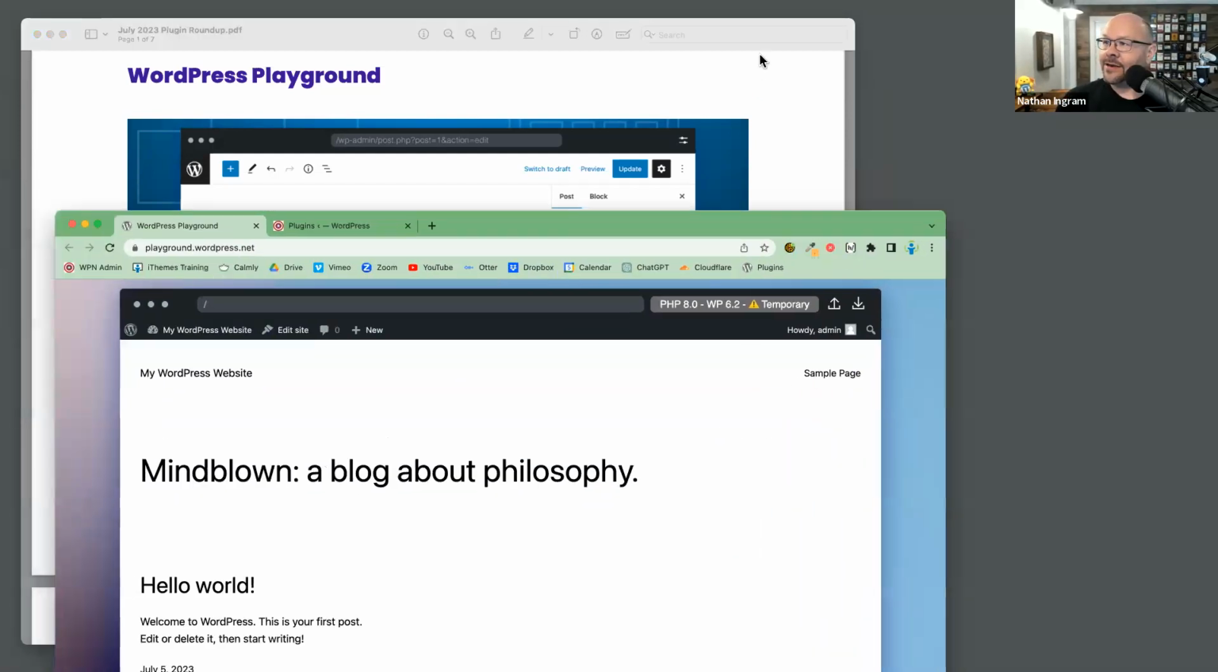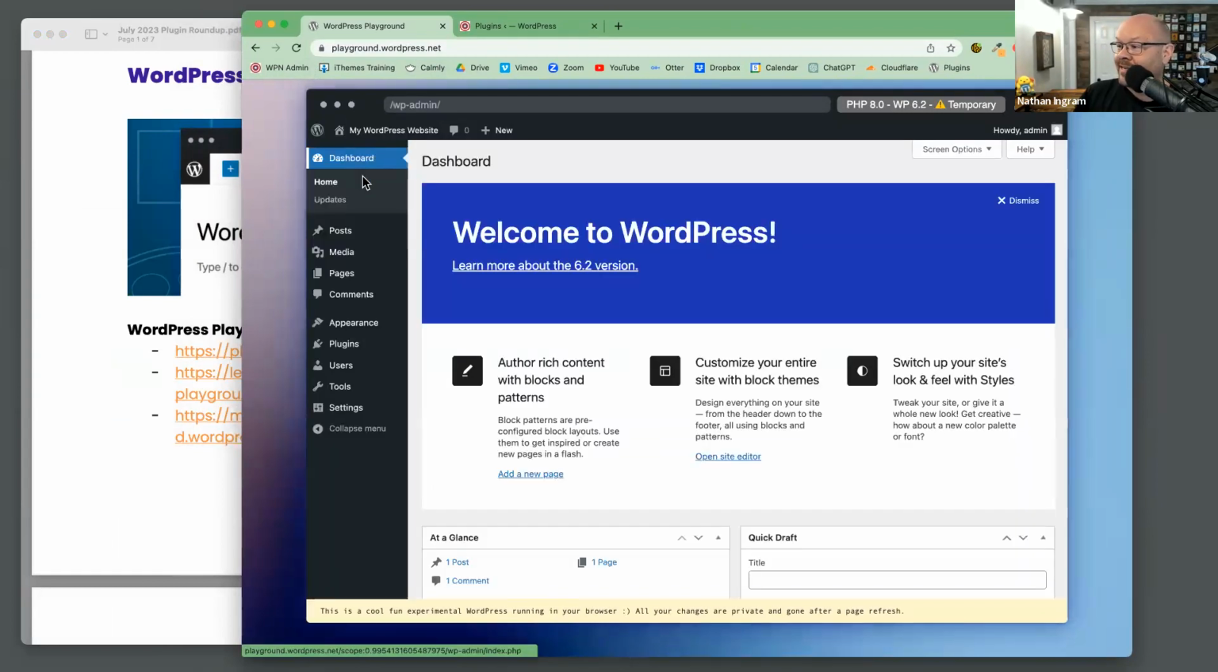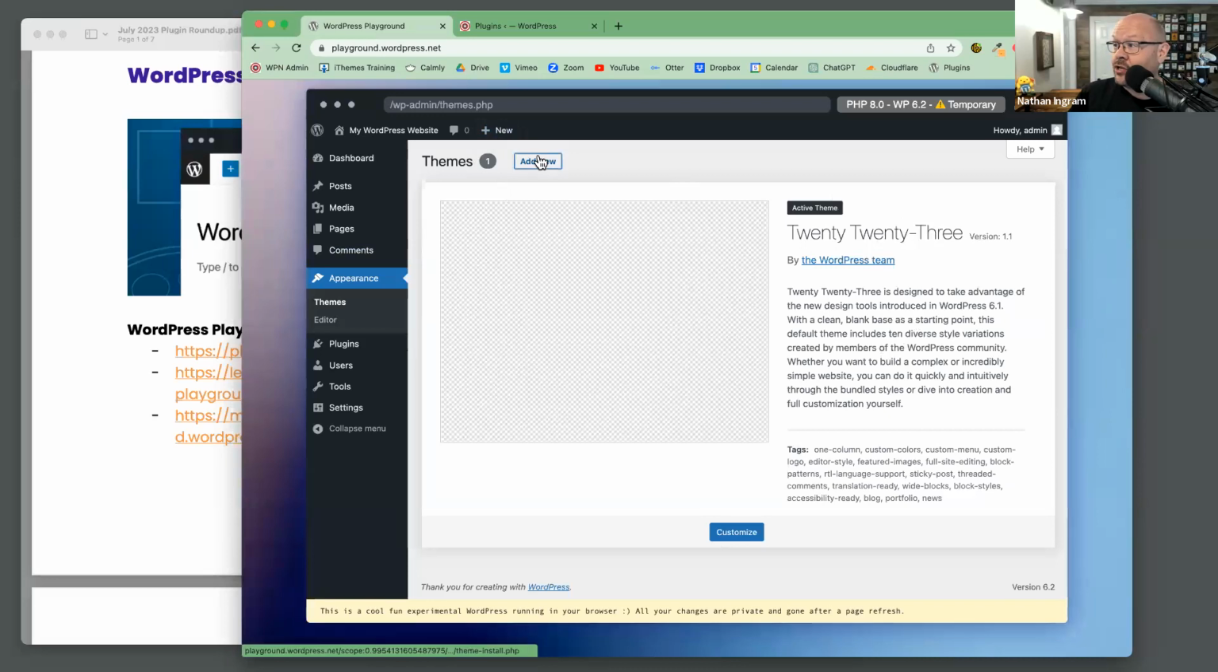Here is WordPress Playground. Now, this is what you get when you go to playground.wordpress.net. You've got this mock-up of a browser, and look, this is WordPress. It is a fully functional WordPress install. It's running right here in the browser. It's running very, very quickly, and we're in the 2023 theme now,